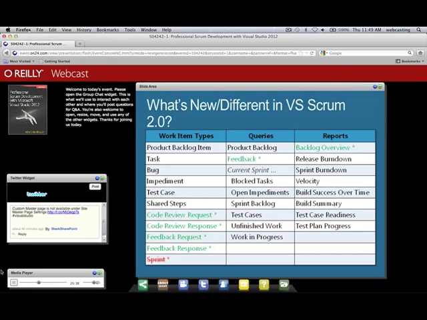As far as reports go, the big news, and I think it's really big news, is we now have a backlog overview report. That is the Scrum template's version of the popular MSF Agile user stories overview report. So it gives you the bird's eye view of here's the PBI in this case, and here are the passing tests. So you can get kind of a high-level report that shows percent complete at your forecast level for the sprint. Okay, we can also use the sprint burn down for that as well at more of a tactical task level. I'll show you guys that here in a minute.